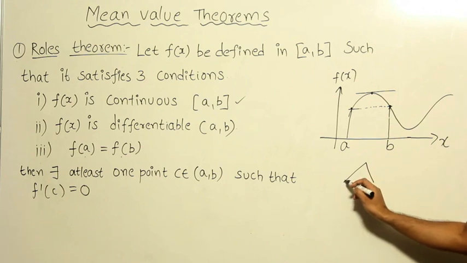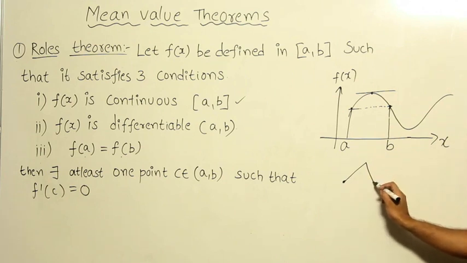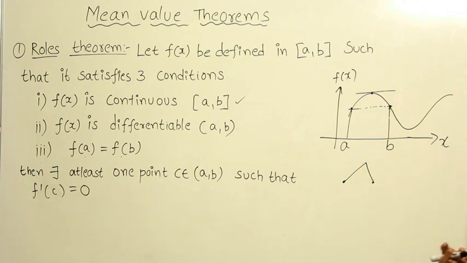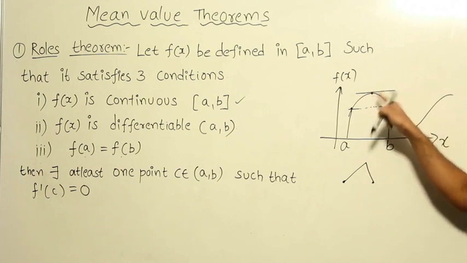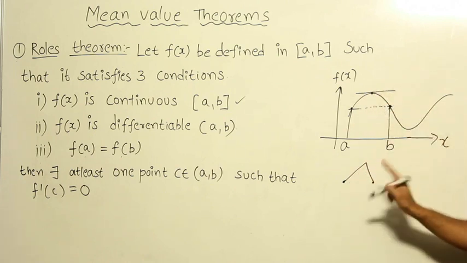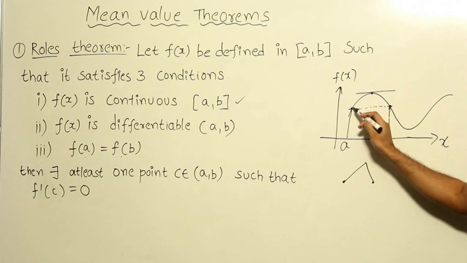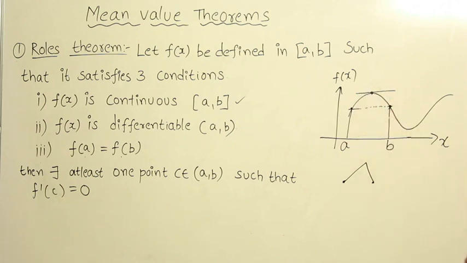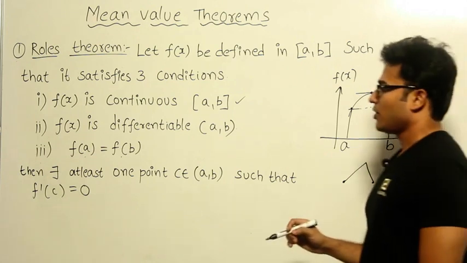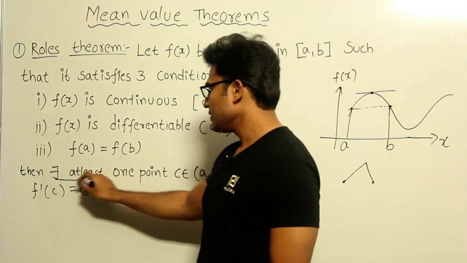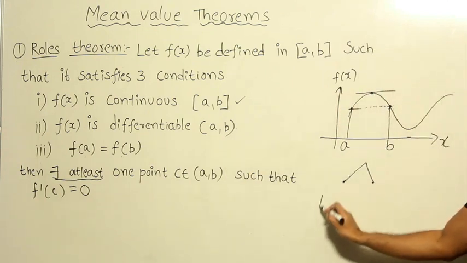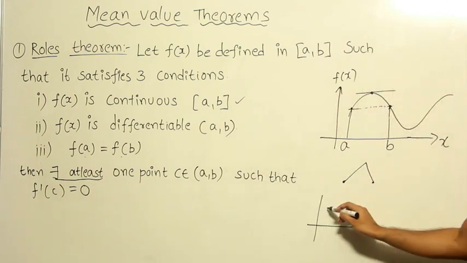So in this case also you will be able to see that f of a is equal to f of b, but then you will not be able to find a point at which the slope of the tangent is equal to 0, right? So there should not be any holes or cuts, and there should not be any corner edges. Other than this, you should be able to find out a point c. And also one more important point is there exists at least one point that is important. So what they mean to say is, sometimes it might so happen that there exists more than one point.